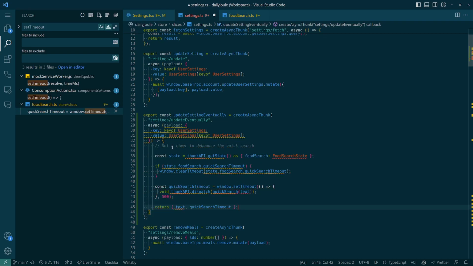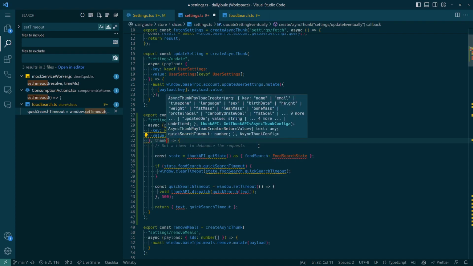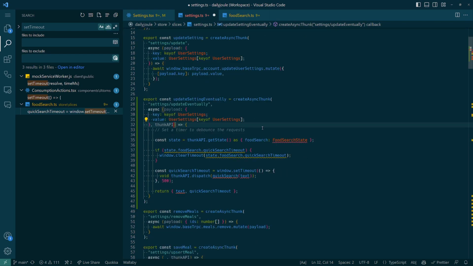We're gonna copy paste. Is this gonna work? I don't know. We want a thunk API. Not a think API, a thunk API. Except that this is gonna be